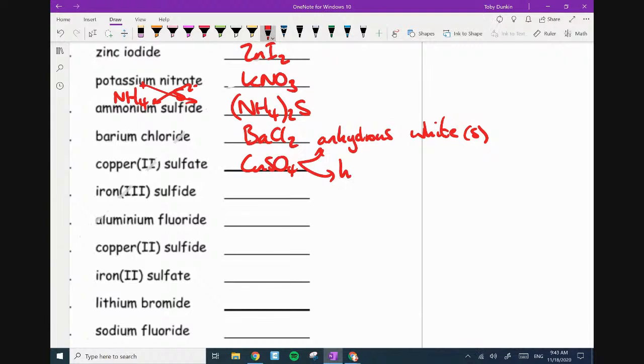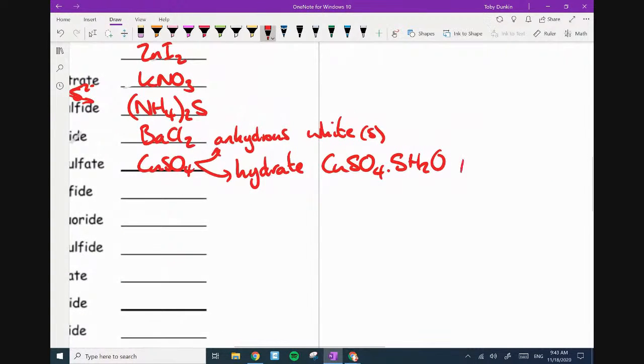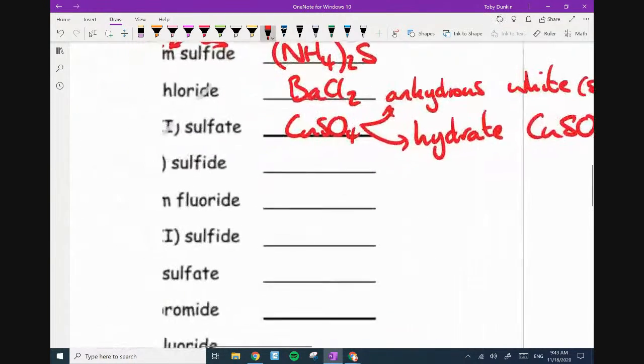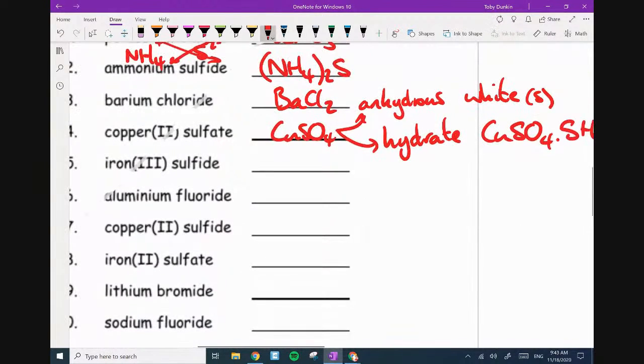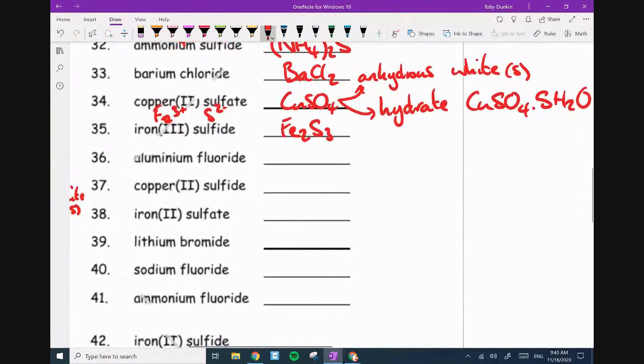When you add water, it becomes what's called hydrated copper 2 sulfate. And the formula is CuSO4.5H2O. It is called a pentahydrate, and that's a blue solid, which is rather nice. It turns blue. Next, iron 3 sulfide. So that's a nice one because we've got Fe3+, and S2-, crossing down for both, Fe2S3. Aluminium fluoride,